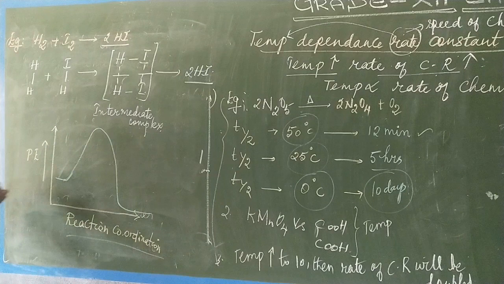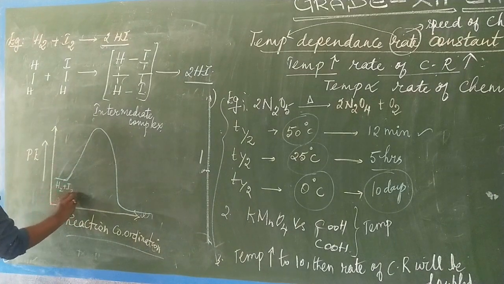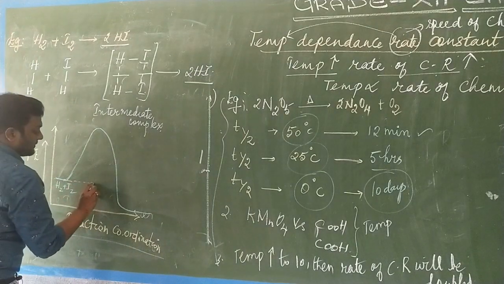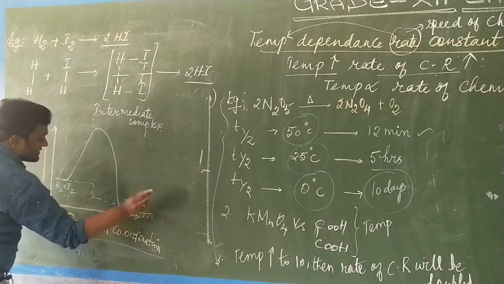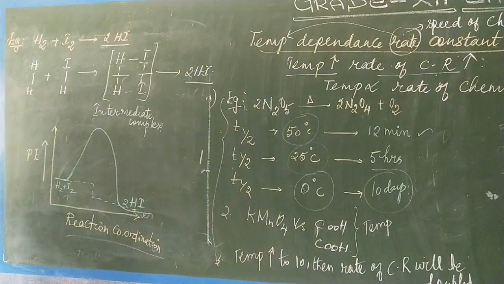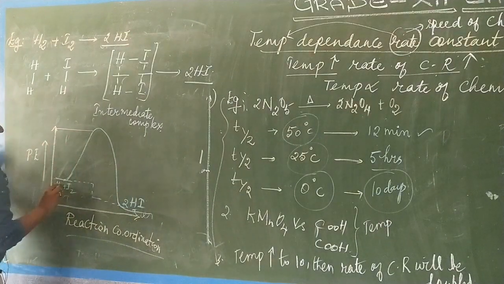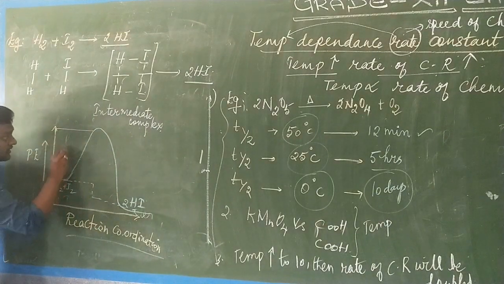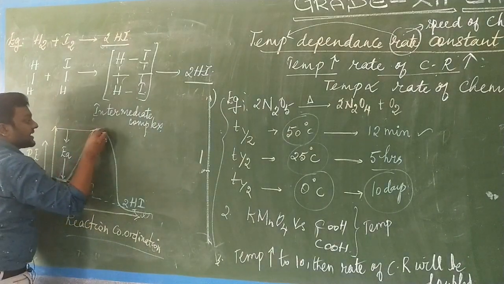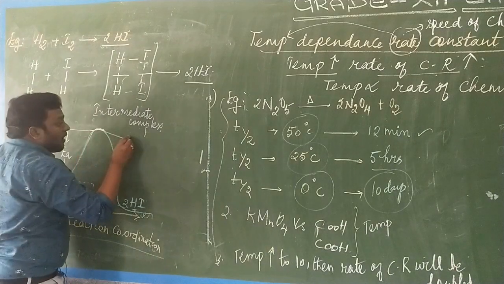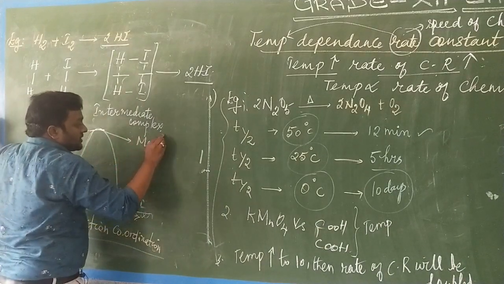So now what is the equation? Actually the reactants, hydrogen plus iodine, combine, and here you get two molecules of hydrogen iodide formed. Now listen carefully. When the reactants react, with the help of the activation energy, the reactant molecules are made to go to the excited state. This range is called the excited state, or otherwise the most probable